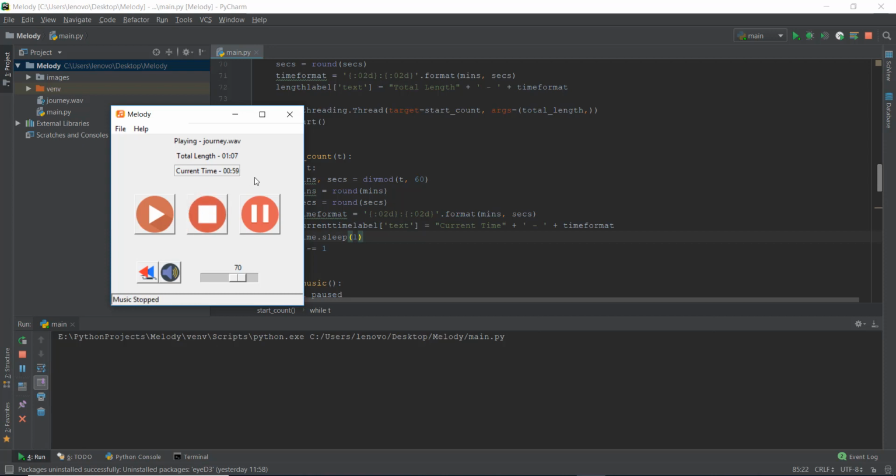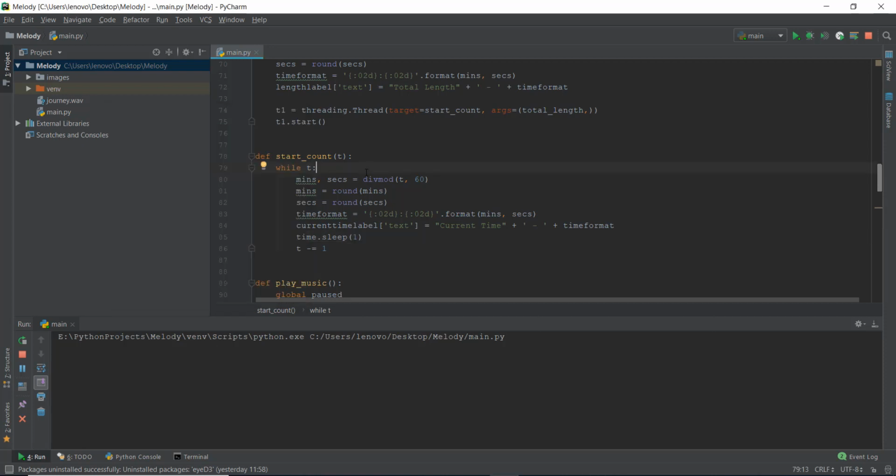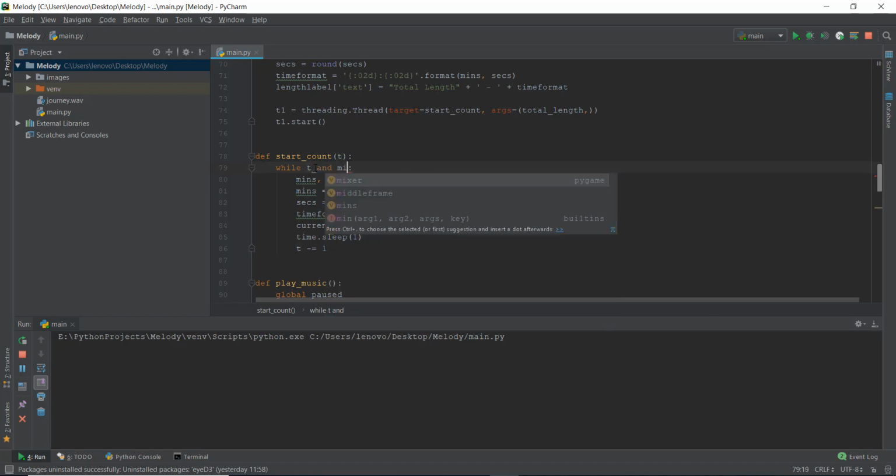And now the music has stopped, but as you can see, this current time is not stopping. So we need to make sure that when the stop button is pressed, this current time should also be stopped, and it should just stop counting down from wherever we press the pause button. So inside this mixer class of Pygame, there is this function, and I'll just show you,